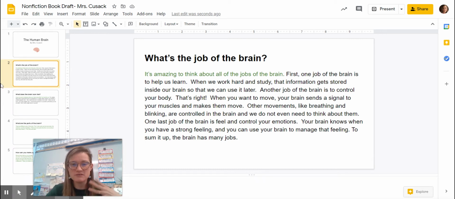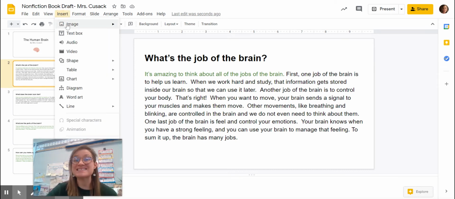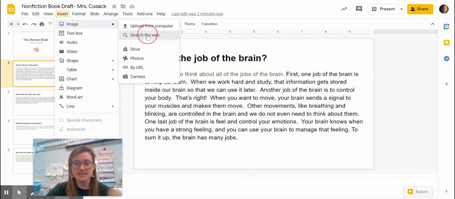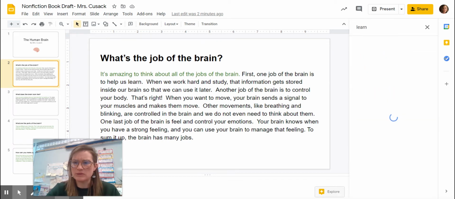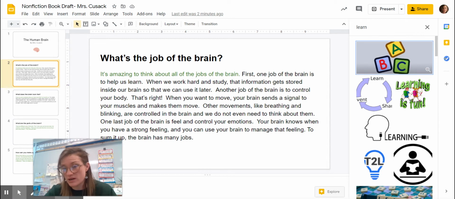Okay, so I'm hearing different things on here. So now, instead of just typing brain, I'm going to think specifically, what did I talk about on that page? So I talked about how the brain helps you to learn. So I'm going to type learn in there, and I'm going to see what comes up. So there's different things on here,